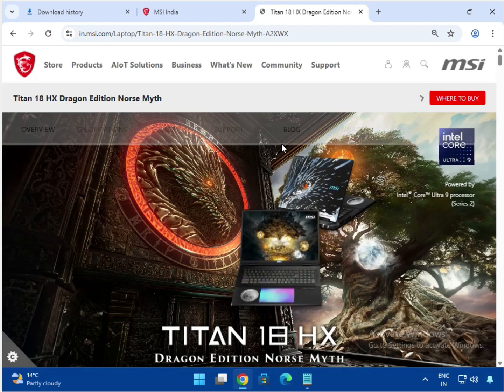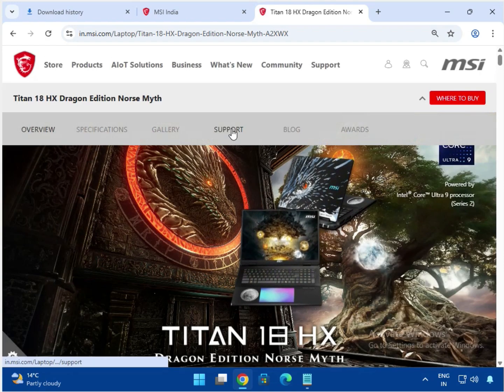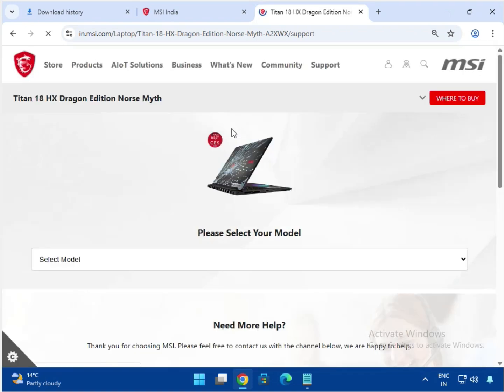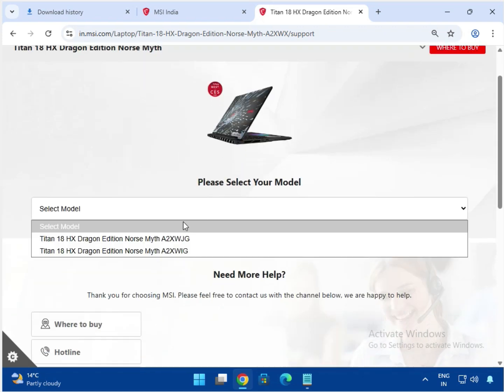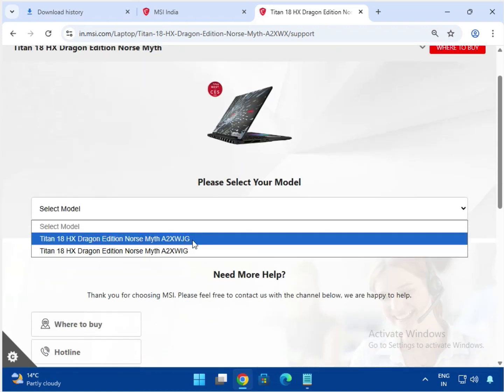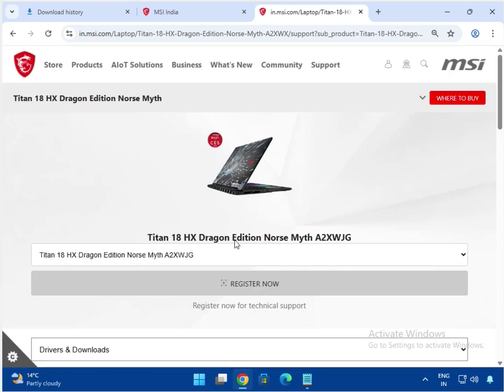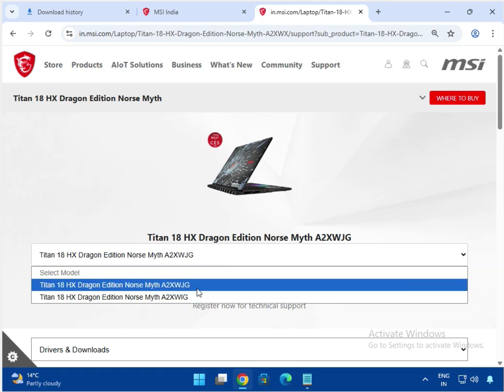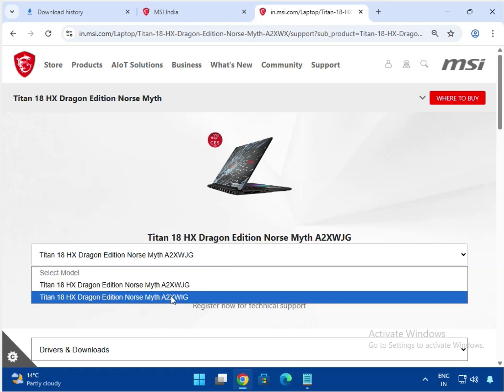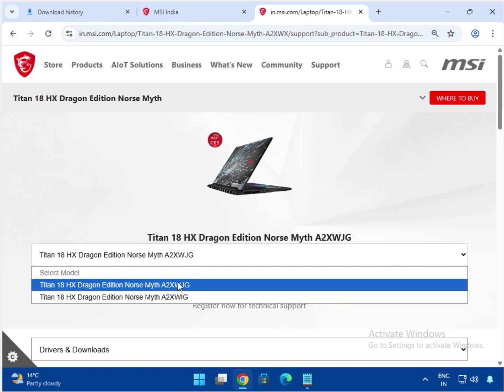And after that click on support. Scroll down, select the first. Okay, and just select. So you can see this is first and second, so this is a model difference but the driver is the same, and the driver download and driver installation process is the same. Okay,